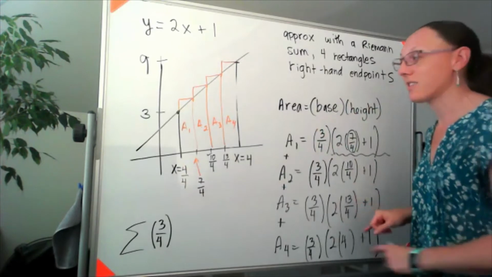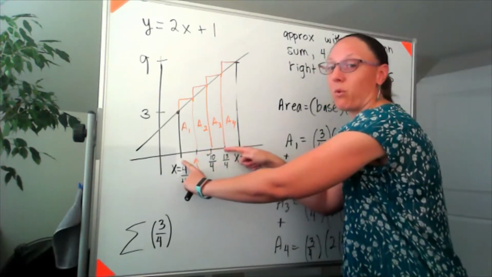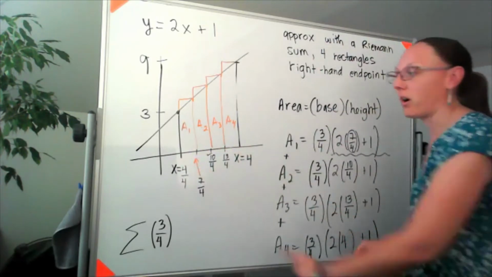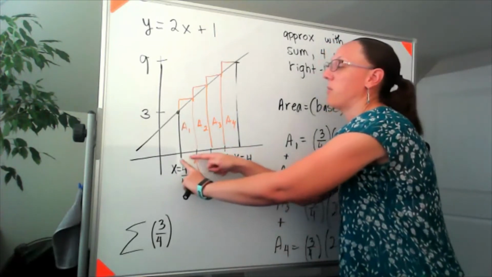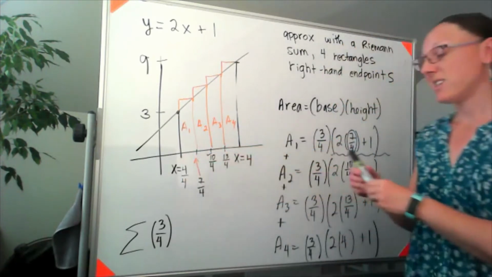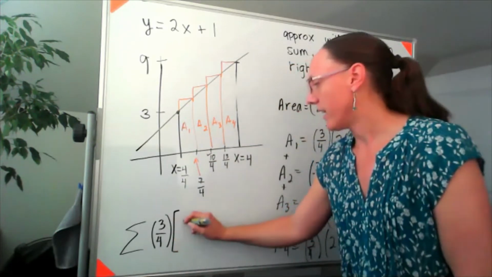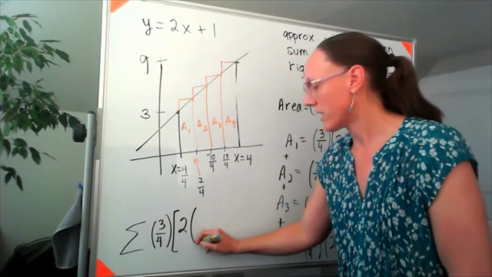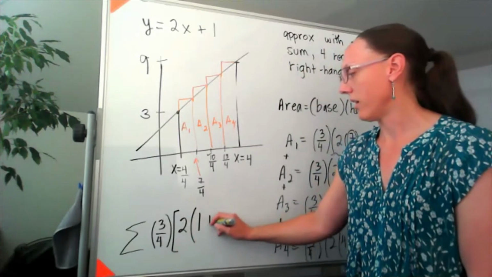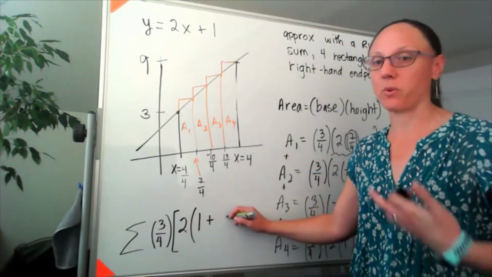The 13/4 said we started at 1 and moved 3/4, 3/4, 3/4. And that 4, we started at 1 and moved 3/4, 3/4, 3/4, 3/4. So really, that height comes from 2 times 1 plus however many sets of 3/4 we've